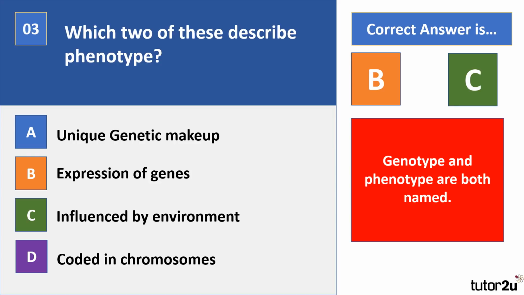Genotype and phenotype are both named on the spec under the biological approach. Let's take a look at these. So your phenotype is the expression of your genetic makeup, which is your genotype, that can be influenced by the environment, whereas your genotype is your unique genetic makeup that's coded in your chromosomes, it's fixed at conception, but the